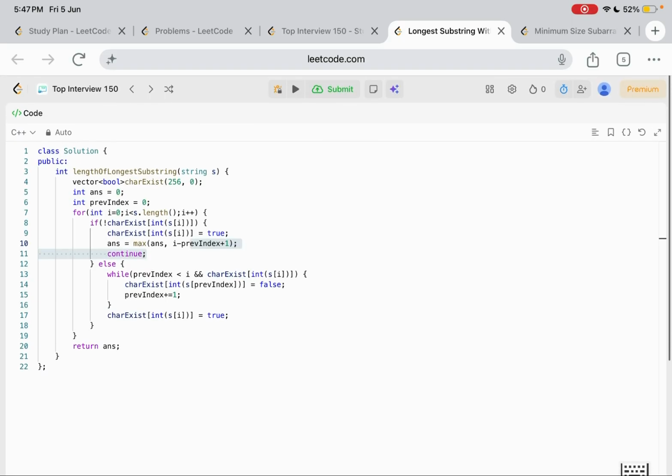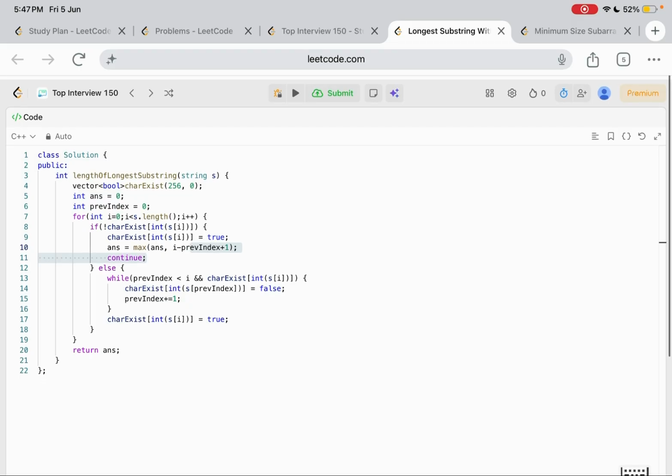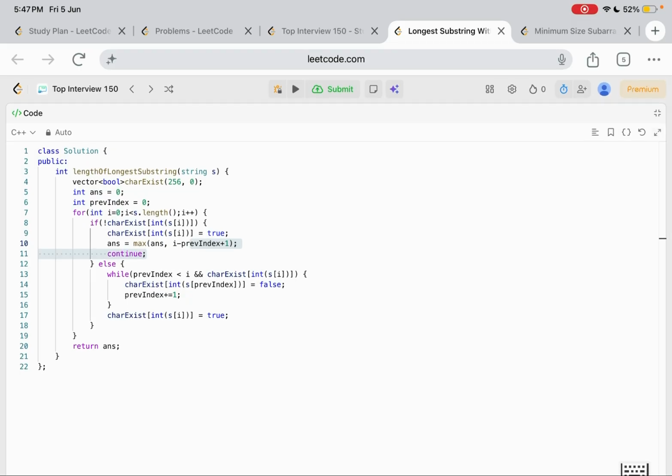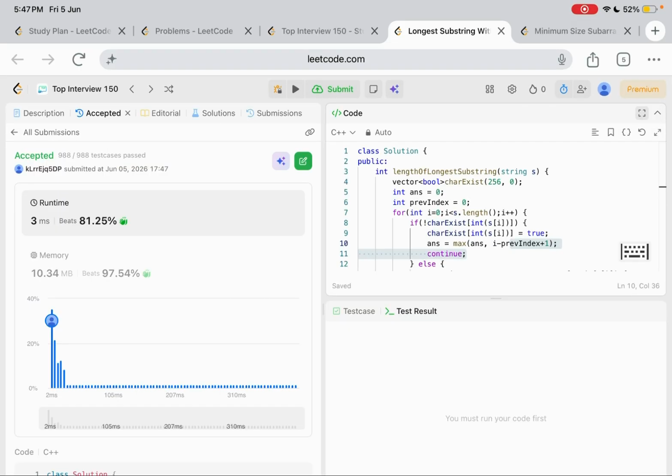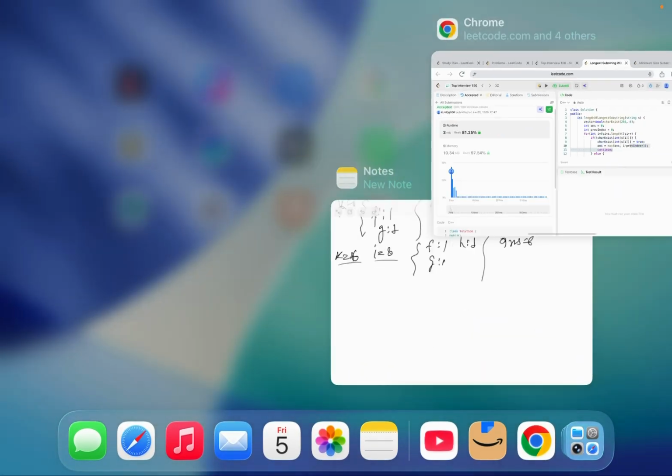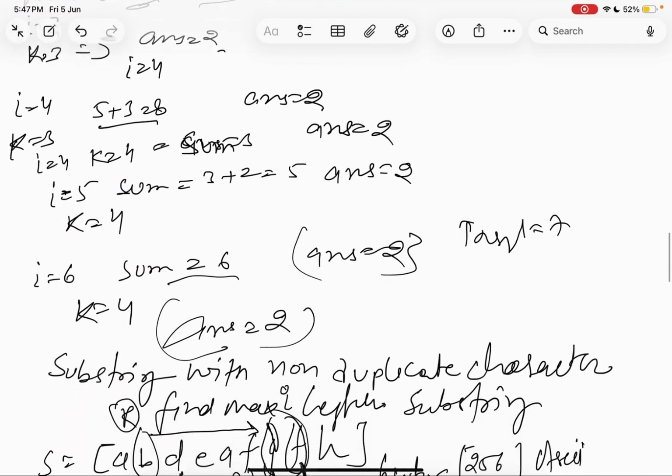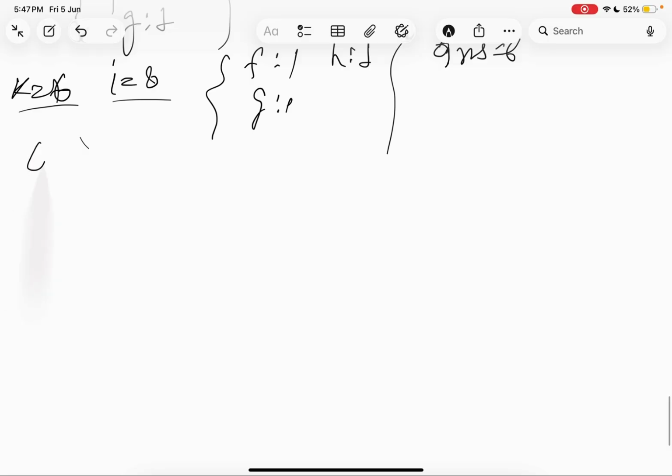So if you see this, one second. Yeah, so this is submitted, right? I think so. Basic core concept, hope you understood what I'm trying to explain here. These are easy to medium problems, I would say, where you should learn how to apply the core concept, which is how to apply